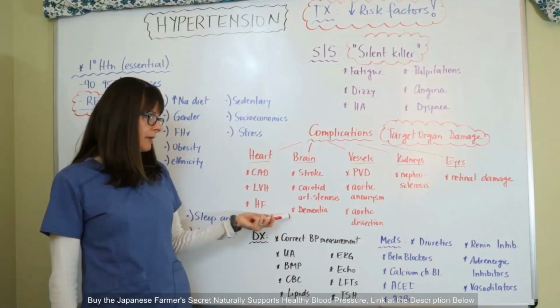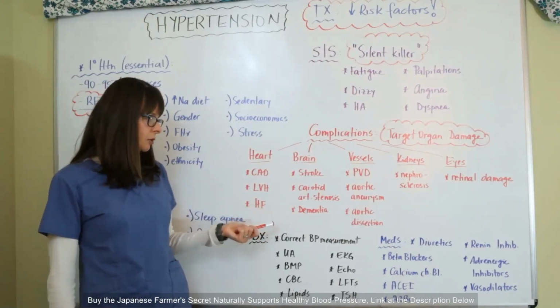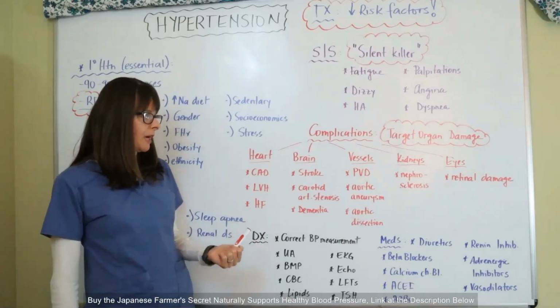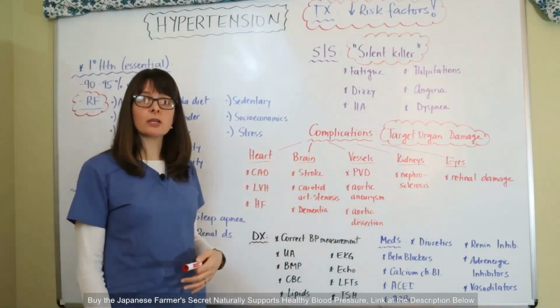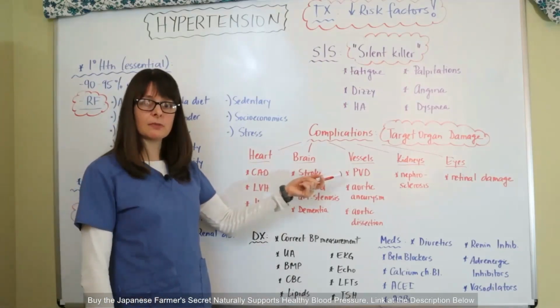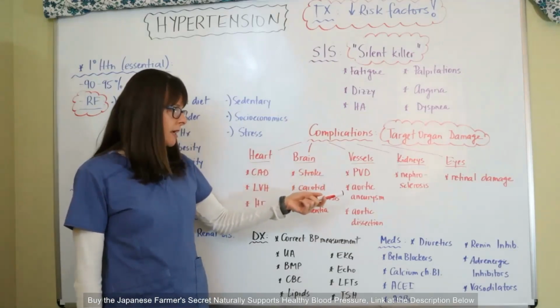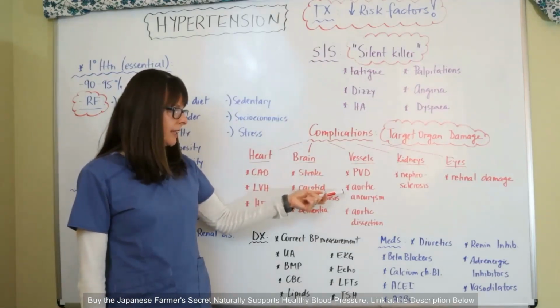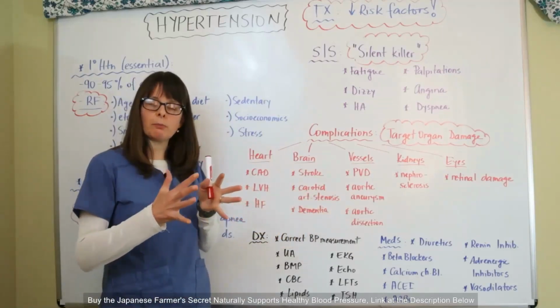So we need to really pay attention to preventing that, to prevent these long-term complications. In terms of blood vessels, when there are clogged arteries, it can lead to peripheral vascular disease that then can have symptoms. Patients can even lose limbs from that. It can cause an aortic aneurysm or an aortic dissection, and that again is when the blood vessel is